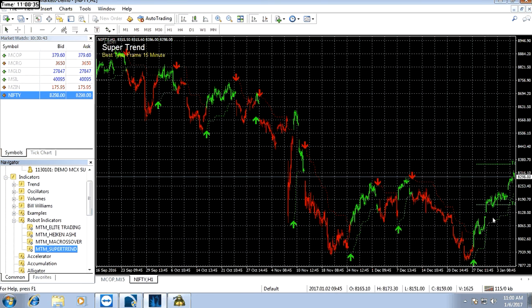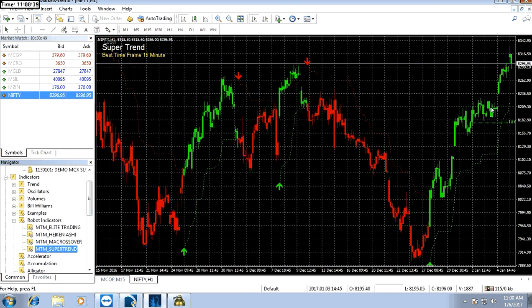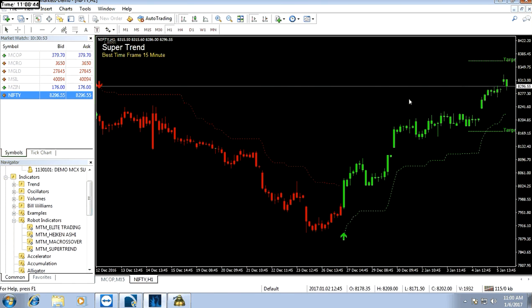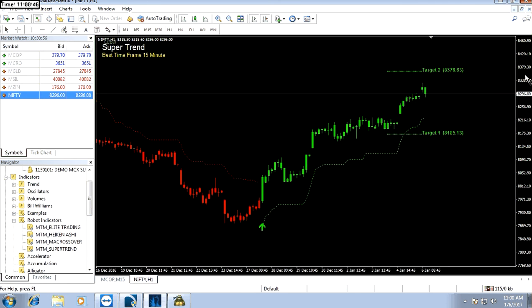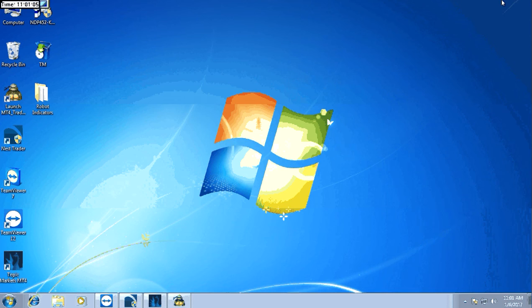Now we have clicked on OK, and this chart will also become like the same chart we have seen earlier. You can see this is the Nifty chart, and in Nifty also target 1 is already given and it is moving towards target 2. So if we only want to use two charts in auto trading, then we can minimize this. The task which we have to do in MetaTrader is already done, so we can minimize it.